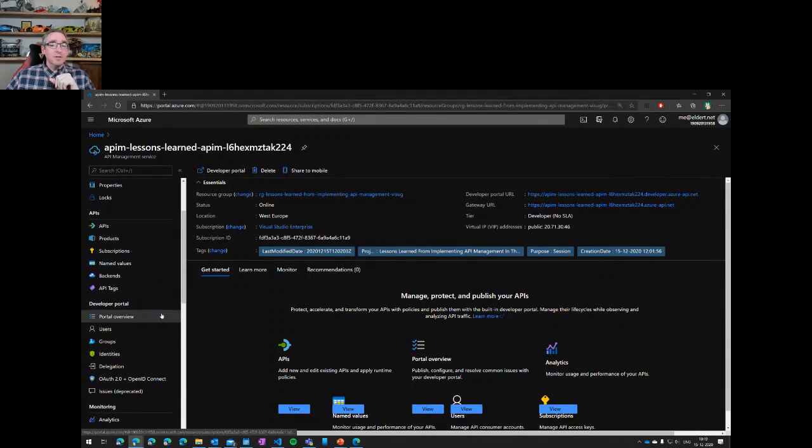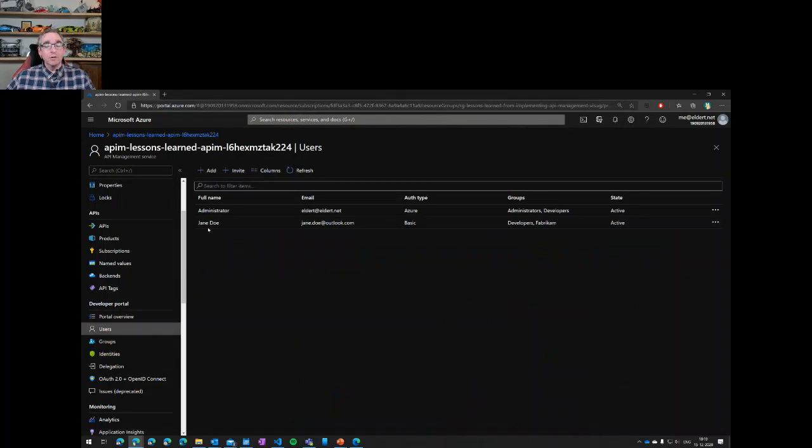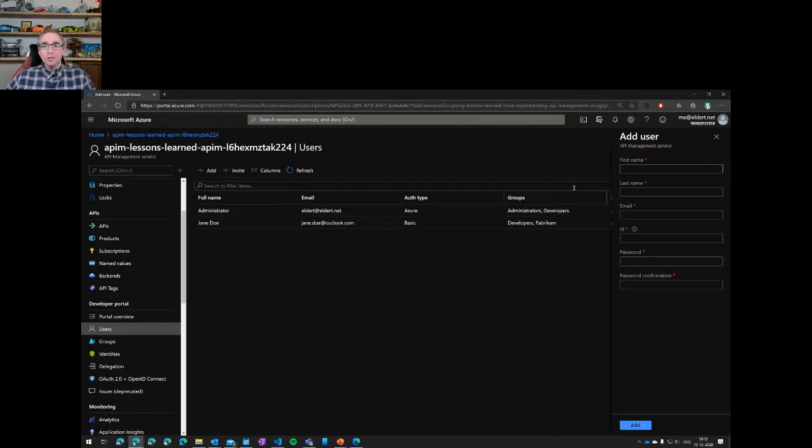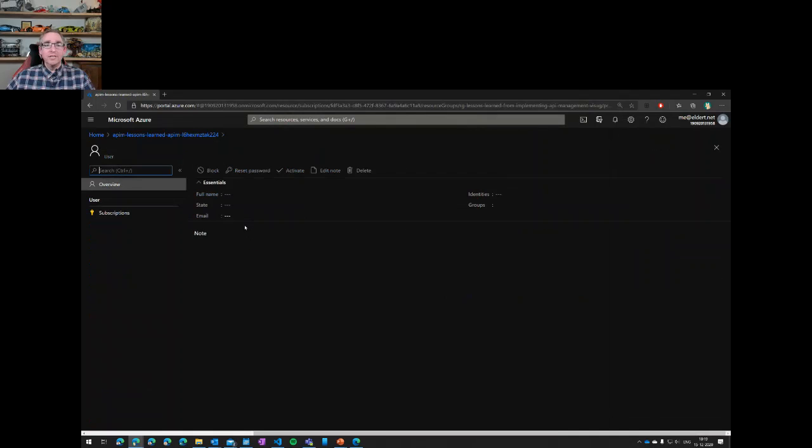And access management, like I said, you can use your Active Directory for this, or you could do it from within API Management itself. If I do it in API Management itself, I have my users over here. I can just create a new user. I'm not going to type this in. I think everyone trusts that I can type. But what you would do is provide these fields over here, set a password, and then add this user. So I already did this with Jane Doe. And as you will see, Jane Doe is over here. It has their Outlook.com. Like I said, we are using API Management itself, so not Active Directory in this case.